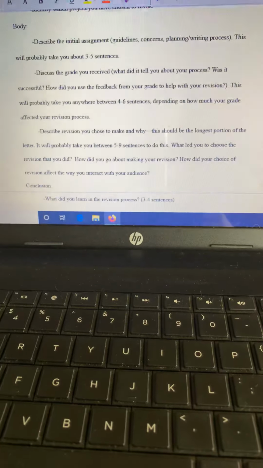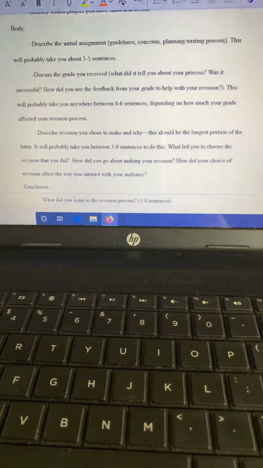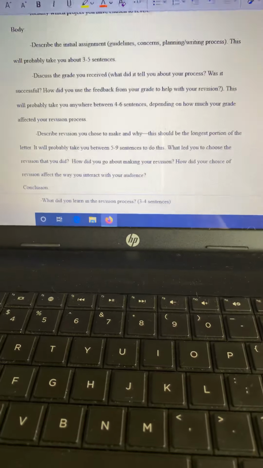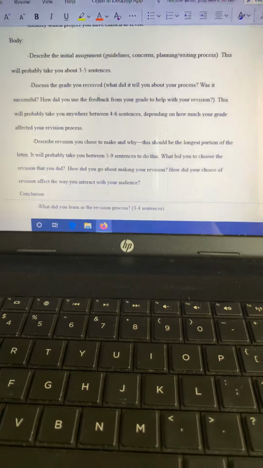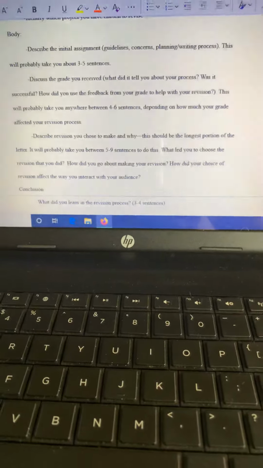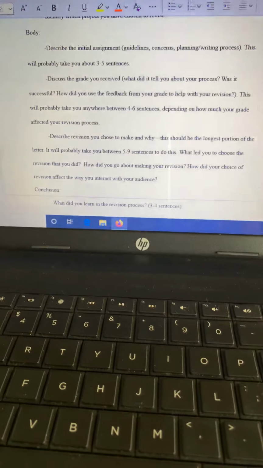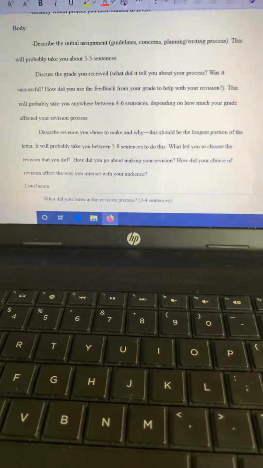So was your paper successful? Was it unsuccessful? Did you agree with my feedback? Did you think that my feedback was confusing, or did you find it not helpful? Did it help you to get a better plan moving forward for future projects? Anything that you learned from the grade and the feedback that you received. So this might be between 4 and 6 sentences long, depending on how much your grade actually affected your revision